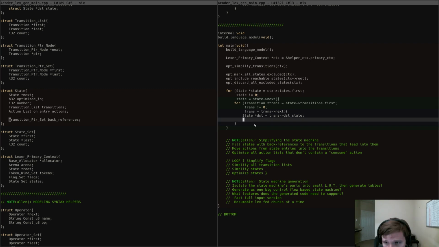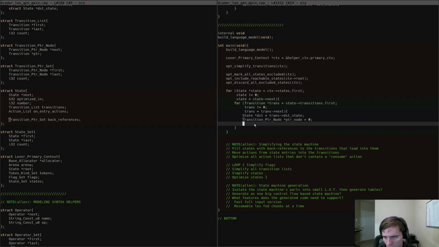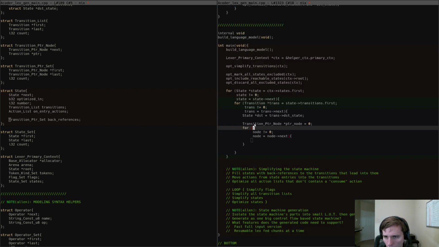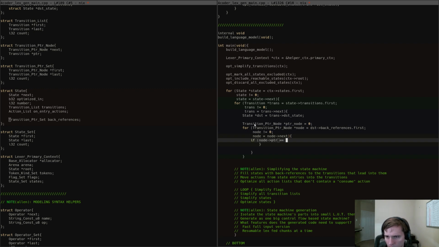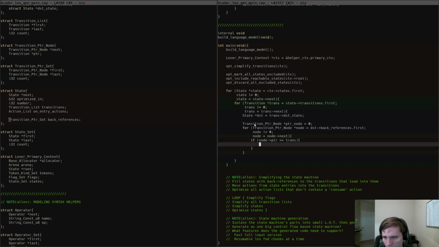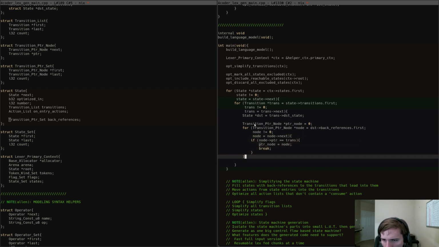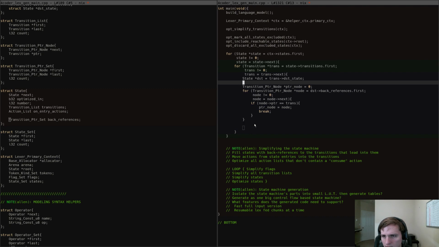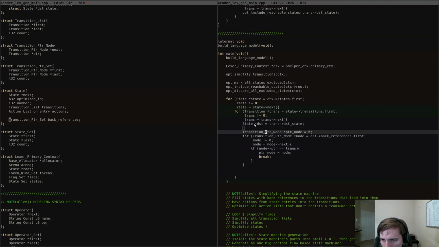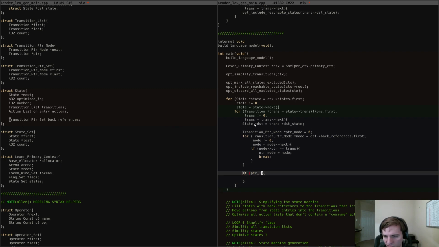Okay, so what I actually need to do, before I emit this in there, is say transition putter node equals 0. We're going to iterate the nodes in the destination's back references, and if any of those match the trans, then the putter node is this node, and break. So that way we have code that can find the transition putter node given the trans putter, and then what we need to do is say if we didn't find a node,